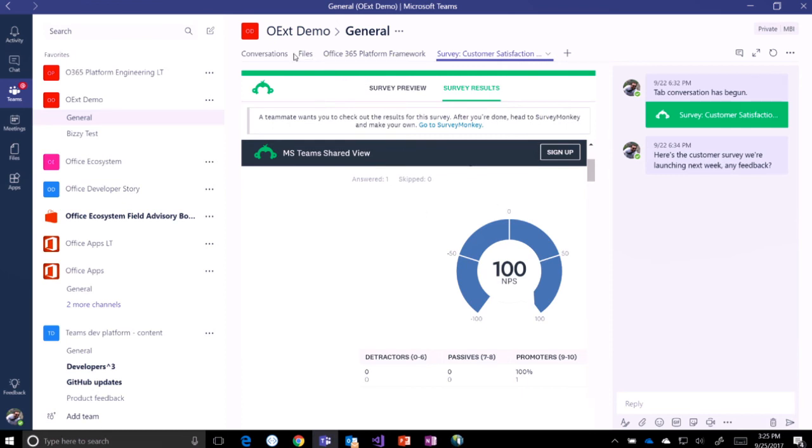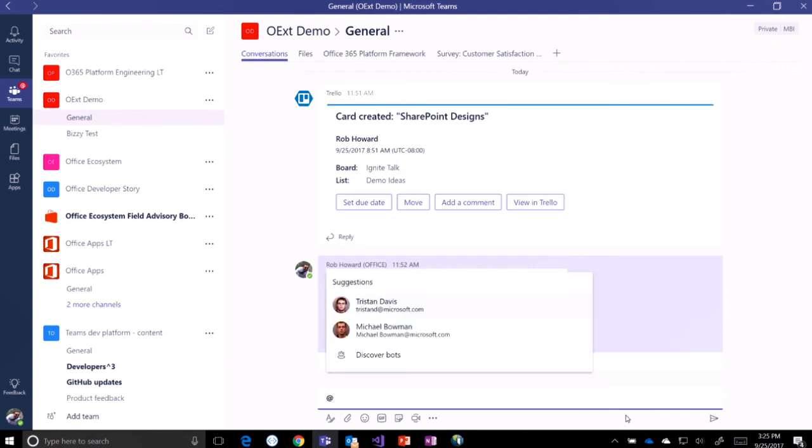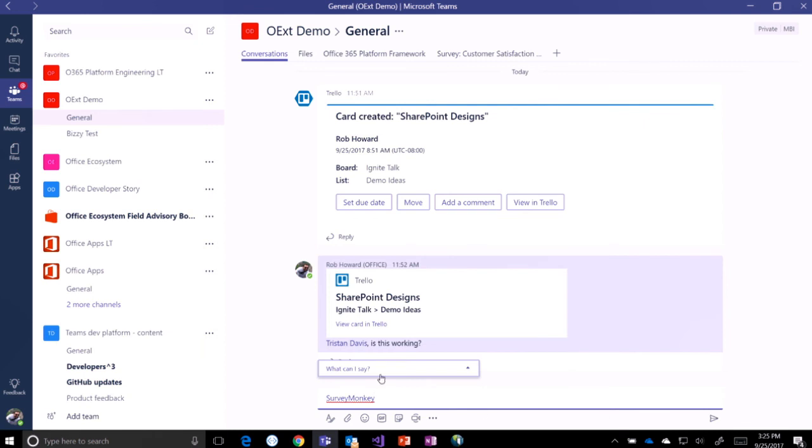So directly in the context where users are having their conversations, you can also have conversations about these third-party applications. SurveyMonkey also took advantage of the bot capability, which is, like I said, one of those conversation-specific extensions. So I can mention SurveyMonkey, and it can tell me here are the things that I can do. For example, I can ask it to create a poll, and I can say,